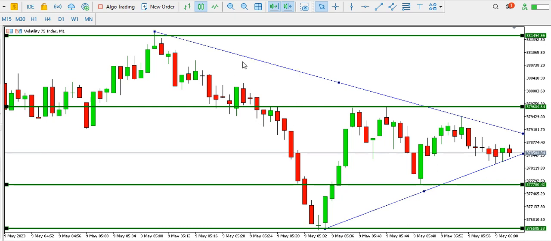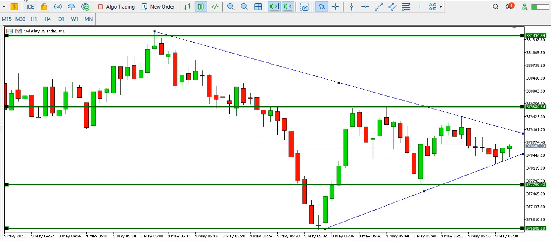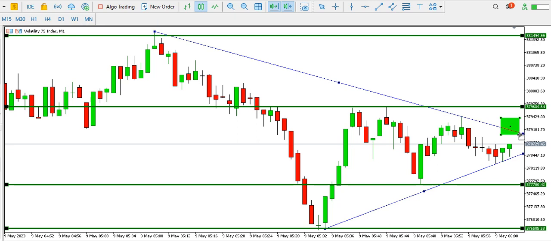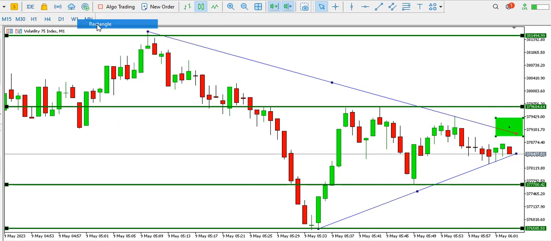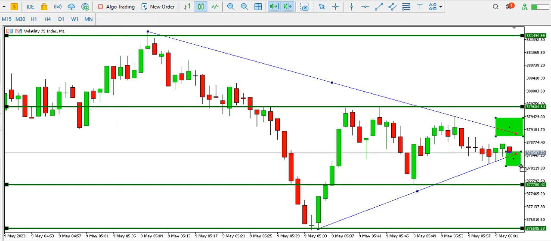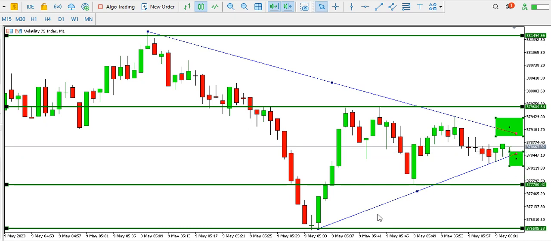Volatility 75 index on the 1 minute time frame is currently ranging. Allow the range to break out. It could break out in this direction, it could break out towards this direction. Allow it to break out before you take your trade. But for now,